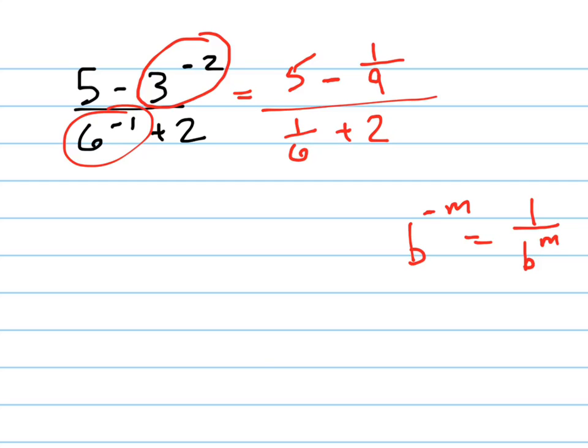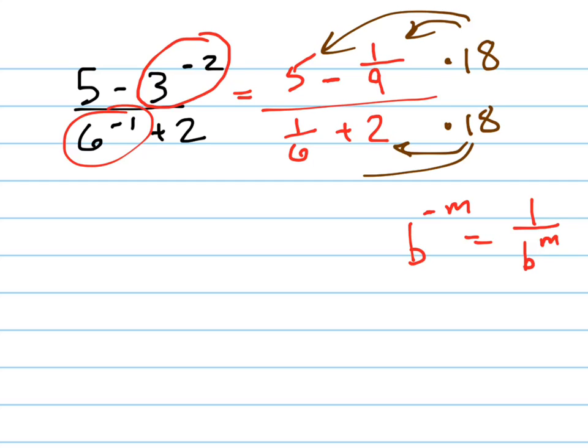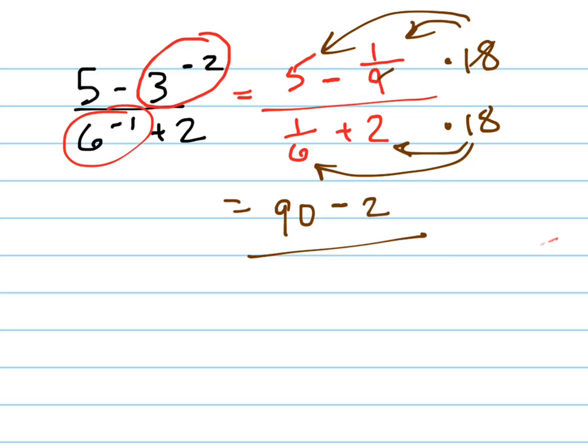And let's employ that little trick I just showed you. What's the least common denominator here? It's not 9 times 6, it's 9 times 2, which is 18. If I multiply the top and bottom by 18, and don't forget to distribute it, I will get, let me erase this and make some room. I multiply those by 18, I'll get 5 times 18, well 5 times 20 is 100, so 5 times 18 is 90, minus the 18 and the 9 cancel and you'll get 2, all over 18 times 1/6,